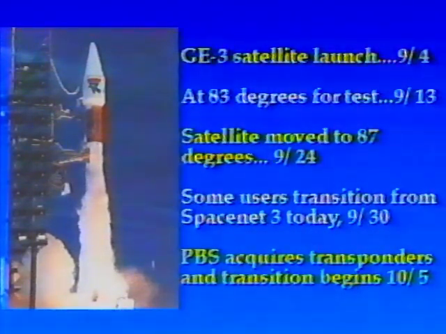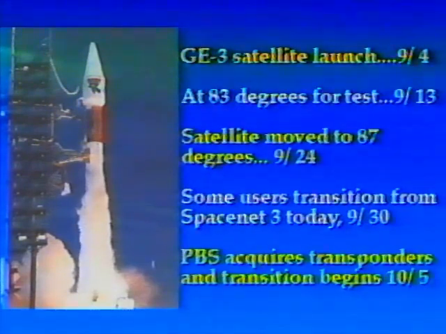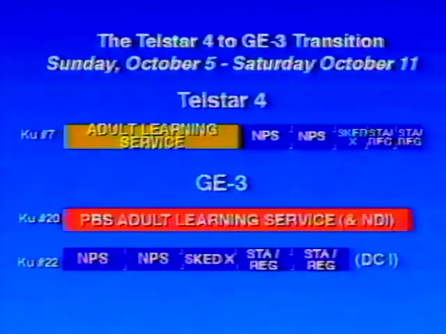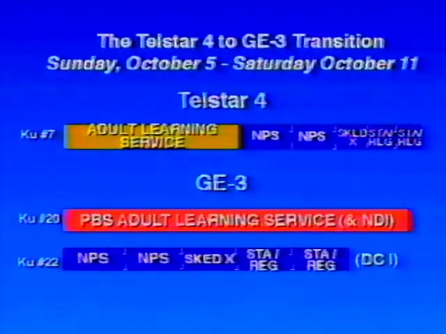PBS, however, has to wait just a few more days, and we will acquire our transponders on October 5th after they've moved the SpaceNet 3 satellite, which is currently co-located with GE3, into a new orbital position. So now let's talk about the actual overlap period so you get a better understanding of exactly what's available to